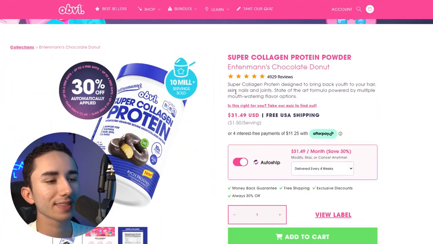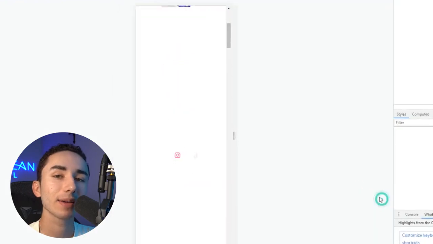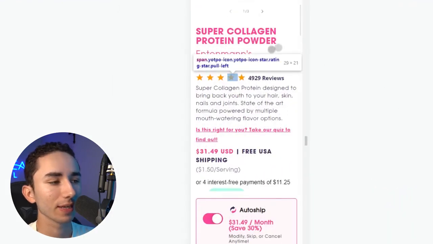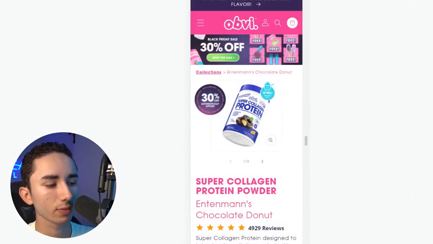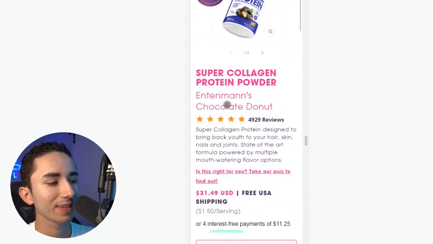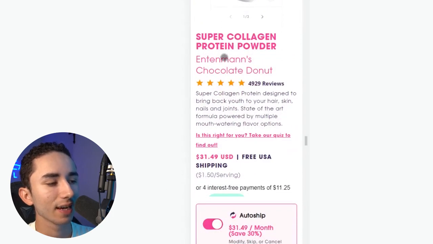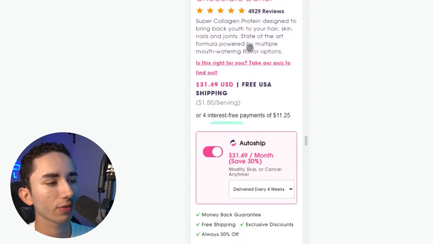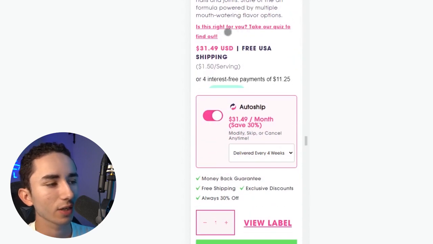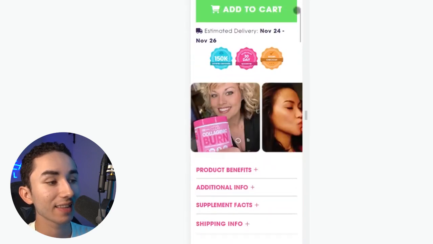Alrighty. So yeah, this is a typical product page. Now, I like to look at most product pages on mobile to get my inspiration. So we can see right here, what are they doing really well? Well, they got a nice, very concise product title. Then they got a subtitle where they're listing out some benefits, state-of-the-art formula powered by, okay, well, I will admit, that's kind of generic. Okay, they got a quiz, price, and then, yeah, the add to cart button,